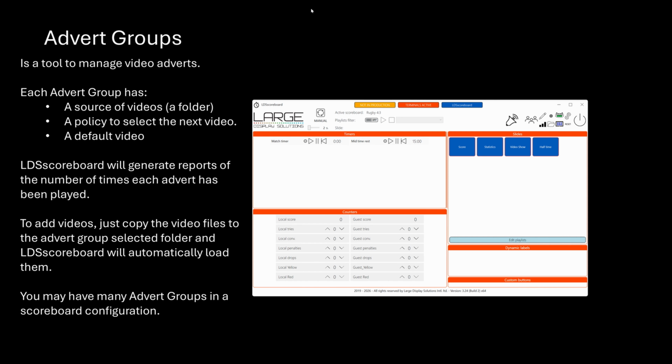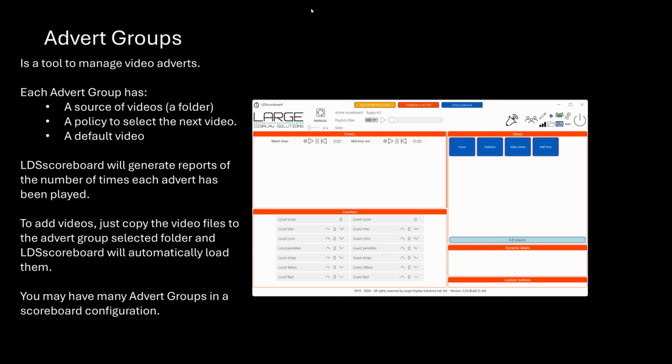The idea is that you may want to have a set of adverts that are played in a specific order or in a random order, but you want them to be played at least the same number of times, and you want to be able to update the adverts easily and have maybe different groups of